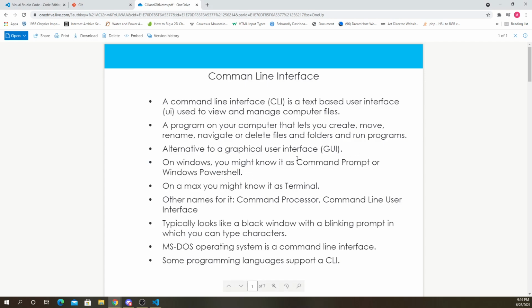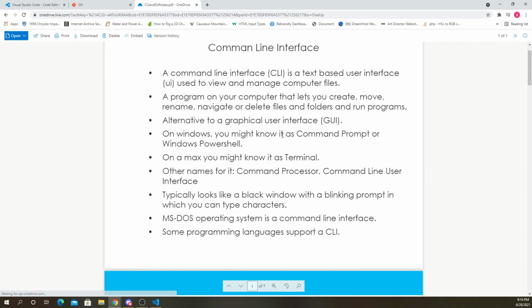Before there were graphical user interfaces, people using computers only used these command line interfaces. It's a program on your computer that lets you create, move, rename, navigate, or delete files and folders and run programs. An alternative to a graphical user interface.